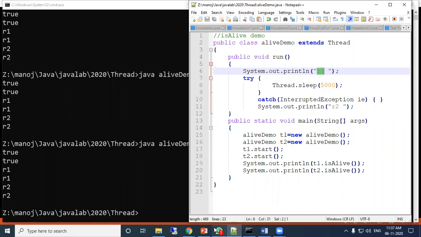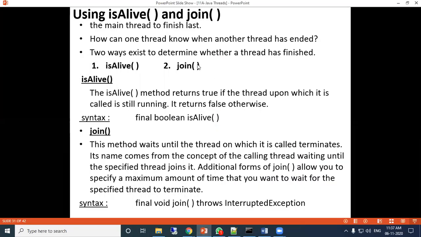Now another is the join method. The join method will hold other threads from entering to use the resource. That means whether other threads are allowed or blocked, the current thread will decide.